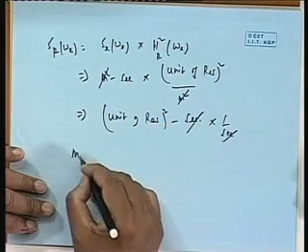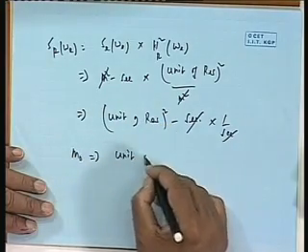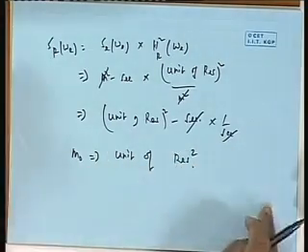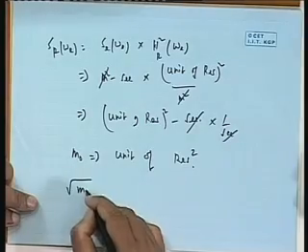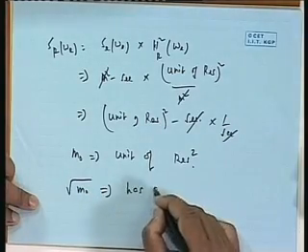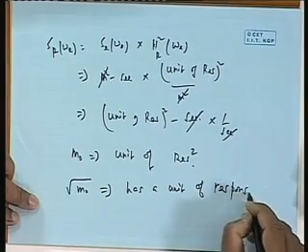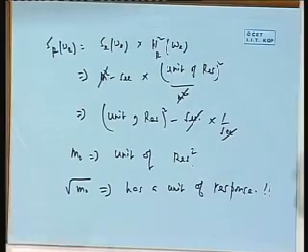Therefore root m0 has a unit of response. That is why the area under the response curve always has a unit of response. So when you take m0, it will have a unit of response, but if you take m1, it will have a unit of response into omega, so response into 1 by second. If you take m2, it will be response into 1 by second square.